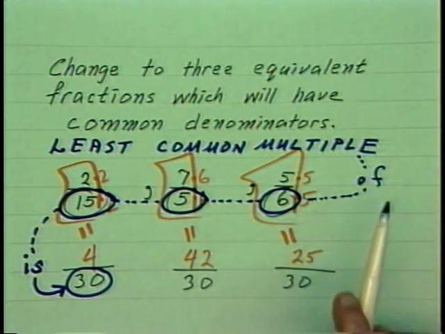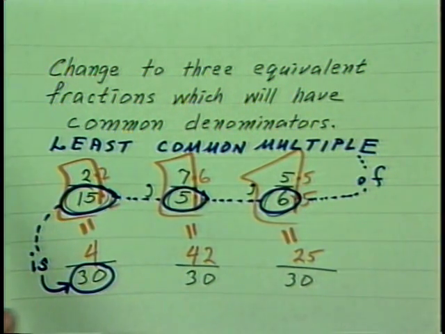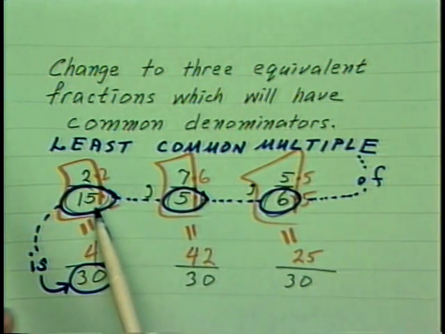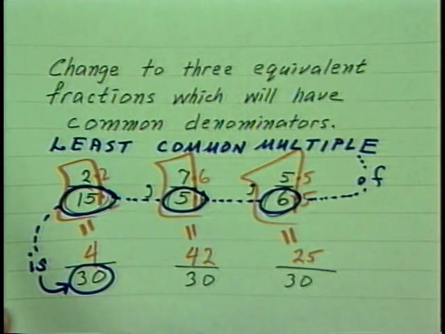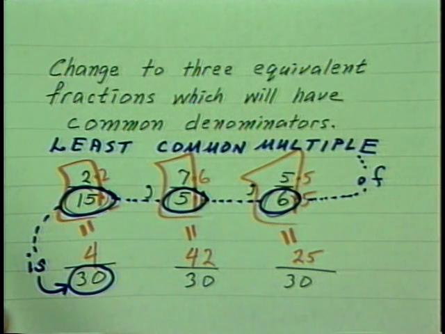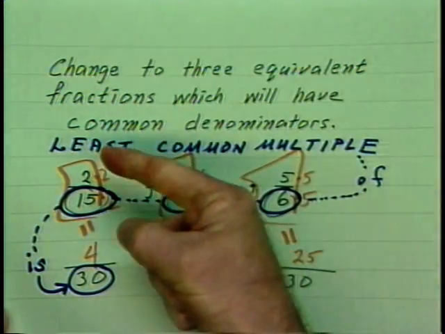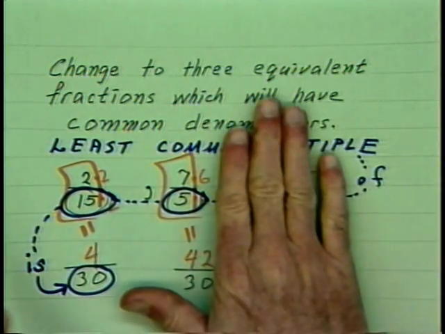And this was the whole business of chapter 2, wasn't it? What happens if these denominators or these three numbers are so complicated that you just can't look and see that it's 30? This brings us to the last and final conclusion of the review we've been playing with over the last 3 or 4 lessons. That business of finally coming to grips with being able to comfortably find the least common multiple of a series of numbers, whether it's 2